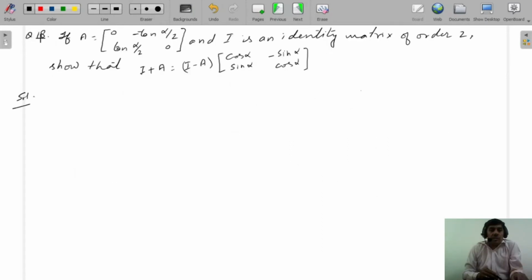Question number 18. If A is equal to [0, minus tan(alpha/2); tan(alpha/2), 0], and I is an identity matrix of order 2 by 2, then show that I plus A is equal to I minus A into [cos alpha, minus sin alpha; sin alpha, cos alpha]. So first, left hand side,